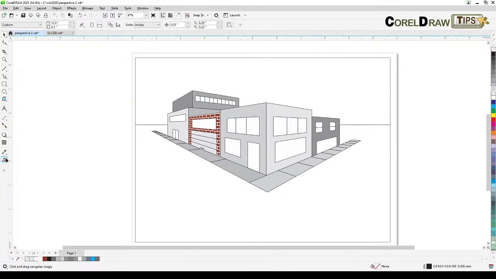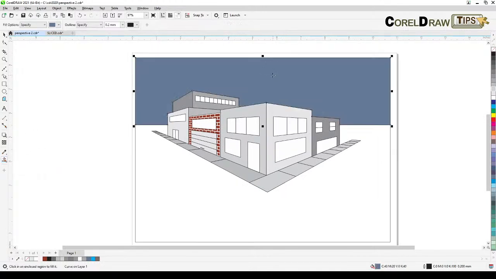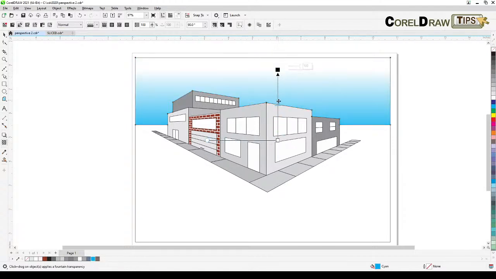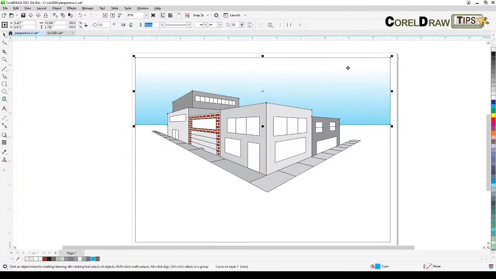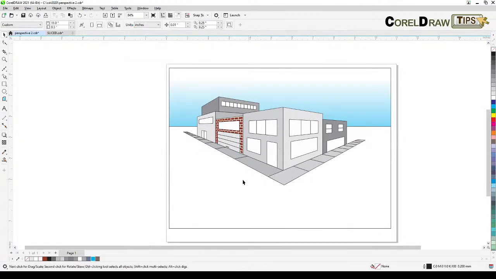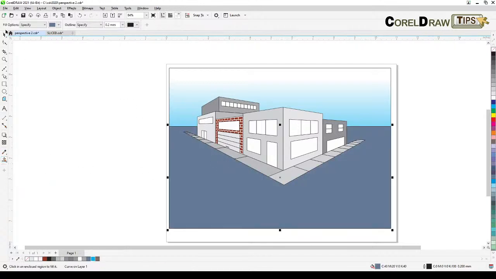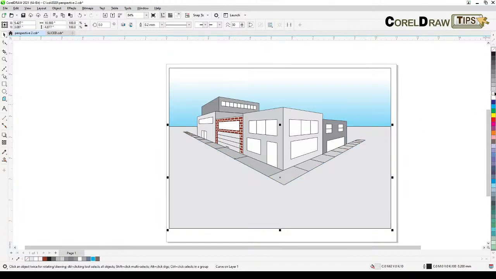So now I'm just going to go to my smart fill, and then I'm going to click here, right? And then I'm going to make it this color. All right, let's click here to remove the outline, and then go to my transparency tool. I'm just going to click and drag like this. Yeah, just like that. And I'm going to move it like this. Okay, and then this one here below, I'm also going to do a smart fill like this, but I'm going to make it gray. Okay, that gray is fine. And I will remove the outline of this, right mouse click here,